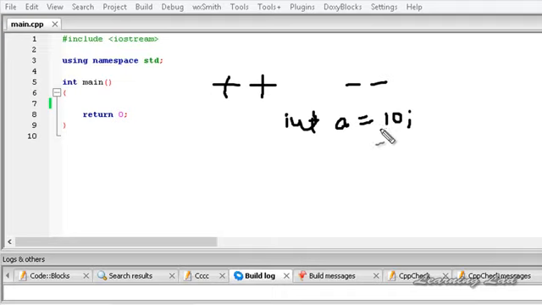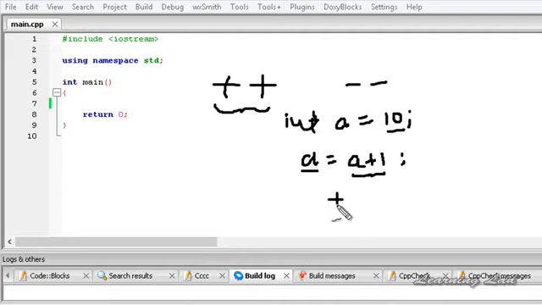If I wanted to increment this variable a by 1, I need to write a equal to a plus 1. So the operation a plus 1 is done first, 10 plus 1 is 11, and then that 11 is stored in this variable a. If we use the increment operator, then we can write plus plus a or